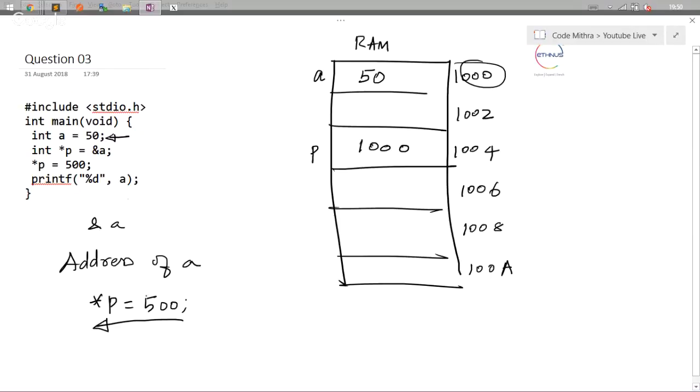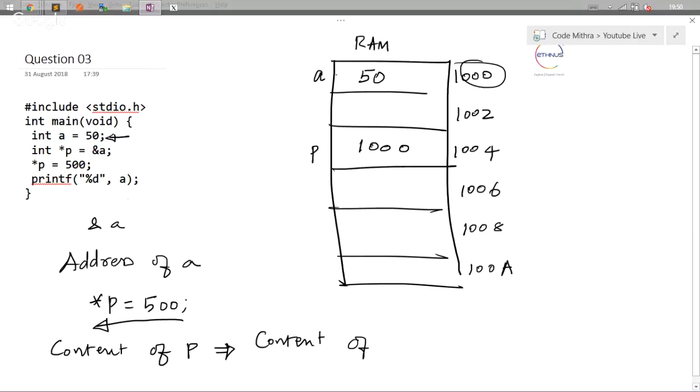My right side is an integer, and my left hand side is a pointer. So if my left hand side is a pointer, I need to understand what this is exactly. So star p is nothing but content of p, which I can rewrite as content of,